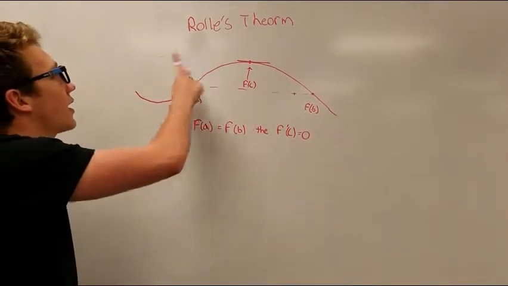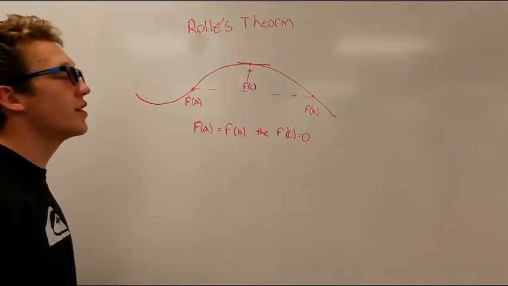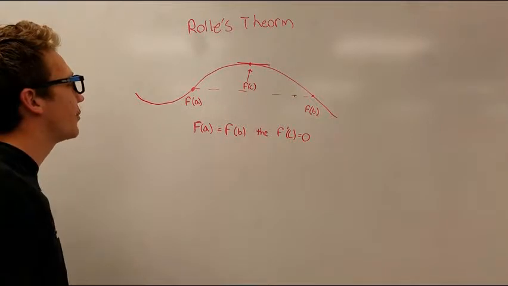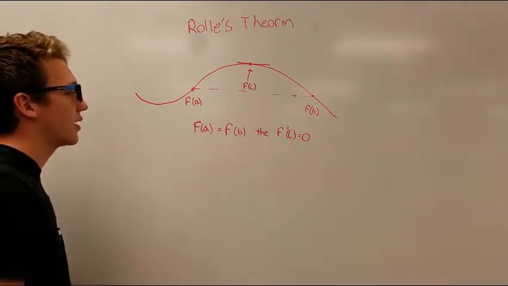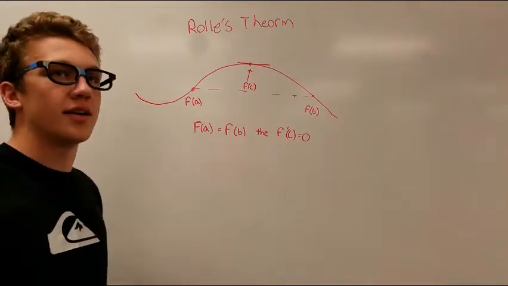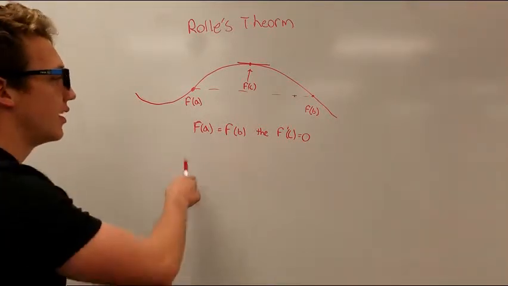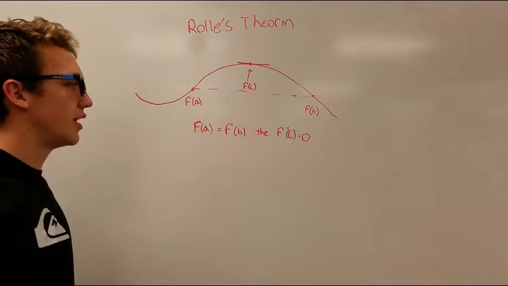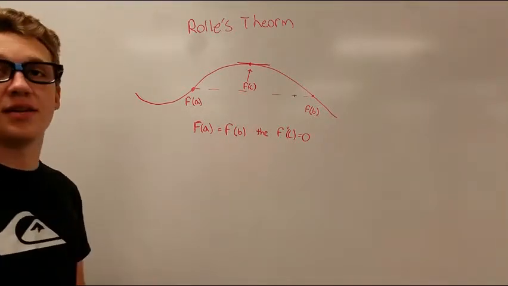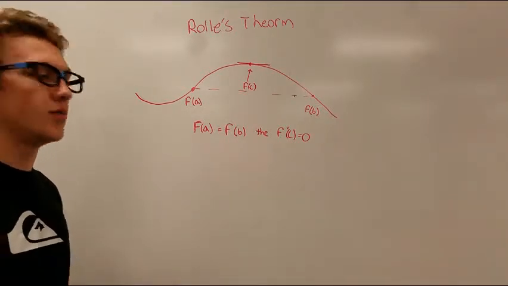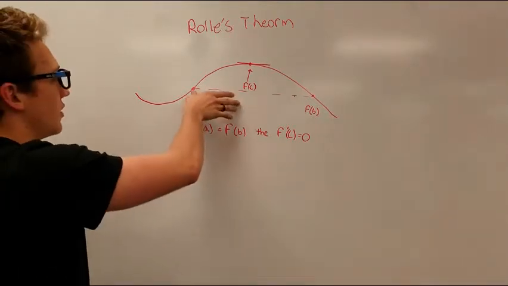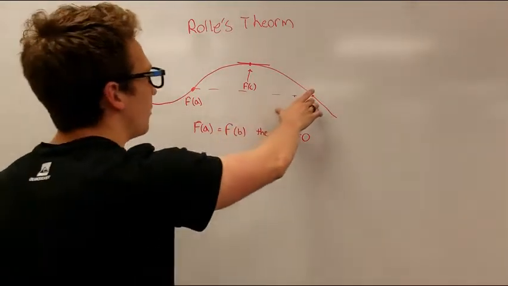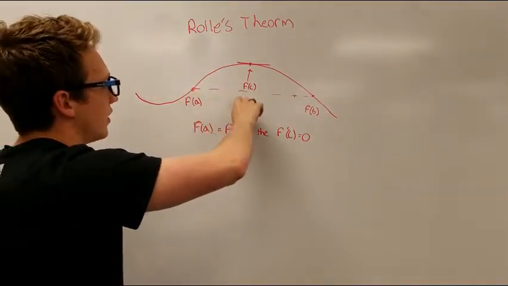So the next topic in chapter 3 is Rolle's theorem. The wordy version is: if f of a on the interval a to b, on a continuous function, if f of a equals f of b, then f prime of c, somewhere on that line, will equal 0. And what that means basically is, there's a point f of a and f of b, and if they are the same